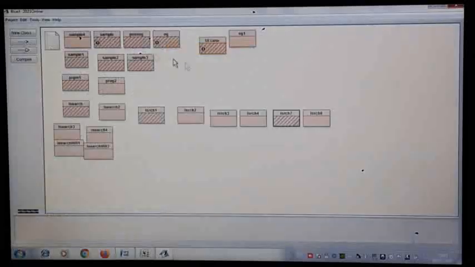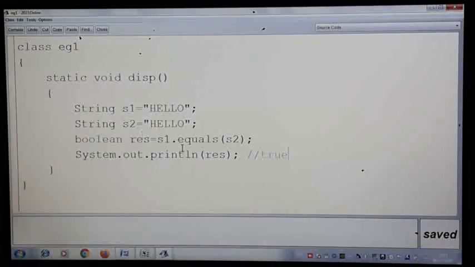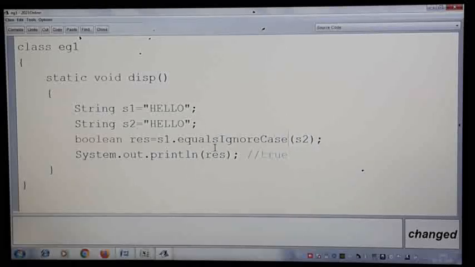Let us understand that command now. So instead of this equals, now I'll give equals ignore case, with I capital and C capital. This is a Java conventional rule. The other day I told you also, whenever a method has more than one word, then the first letter of each subsequent word will be a capital letter, you all can see.